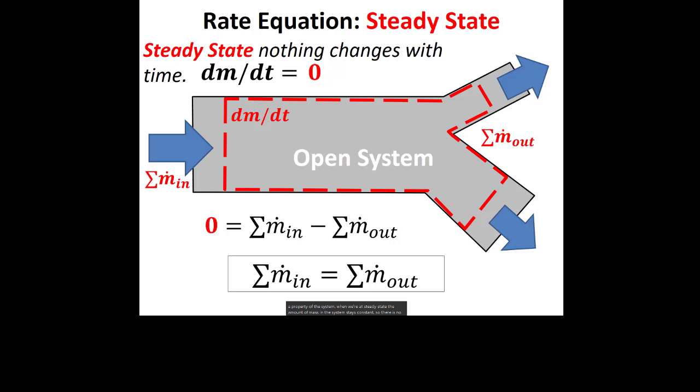And when we're there, which is what most of this class will focus on, we know that the sum of the mass flow rates in is equal to the sum of the mass flow rates out. If you go on to take Thermodynamics II at RIT, then I think you start to deal with some transient systems where you start to be interested in this differential term, and you might have to do some calculus to figure out how the mass is changing with time. But for us in this class, we will always be at steady state.